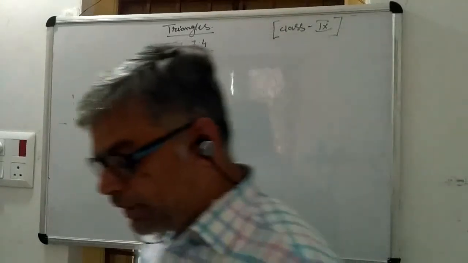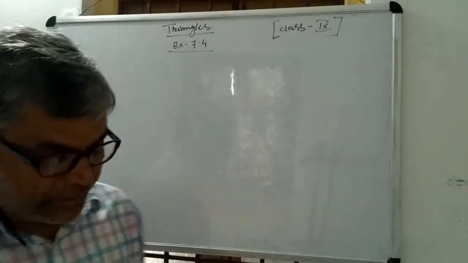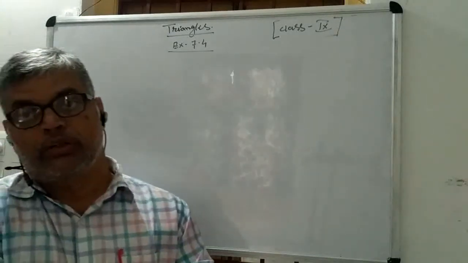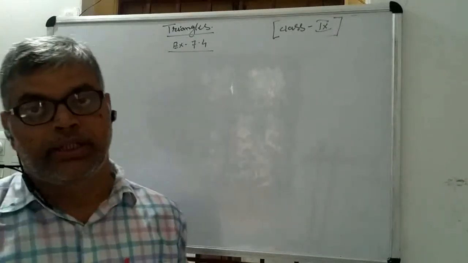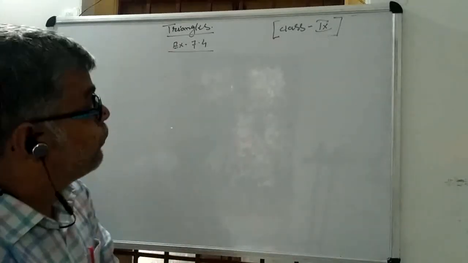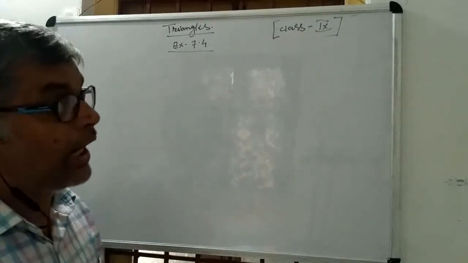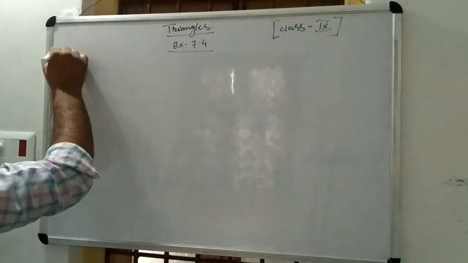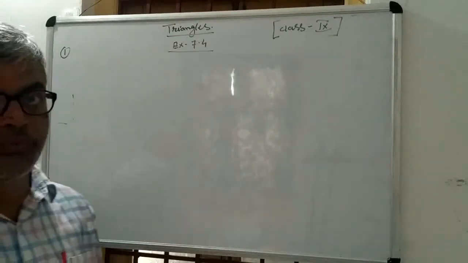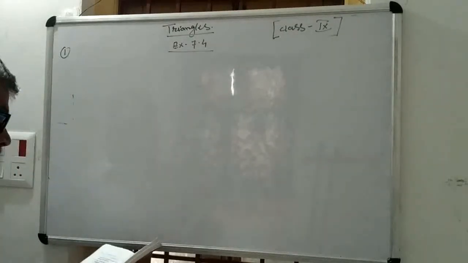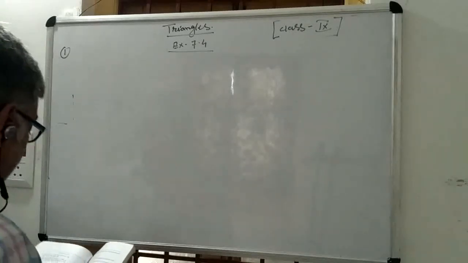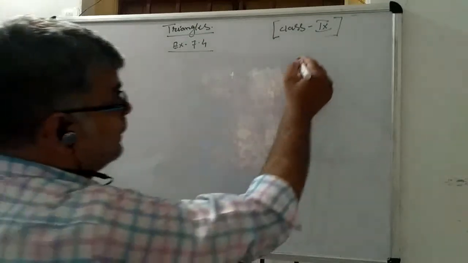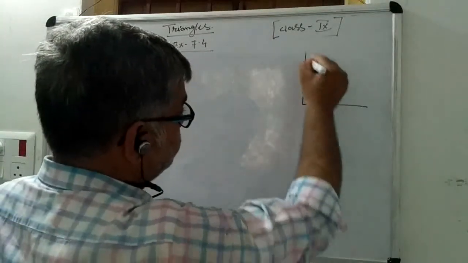Hello students, after discussing the properties of inequalities in triangles, today I am going to start a new exercise, exercise 7.4 of your chapter Triangles. So let's see the first question of exercise 7.4. In the first question it is saying that in a right angle triangle the hypotenuse is the longest side. So first you draw a right triangle